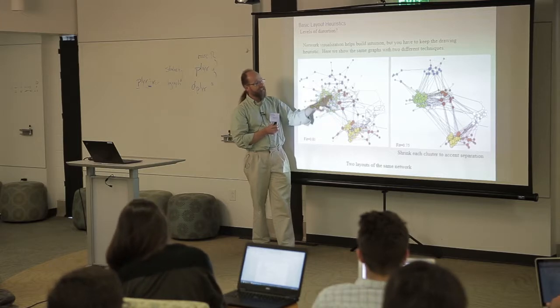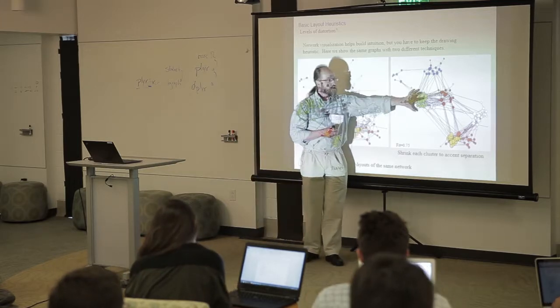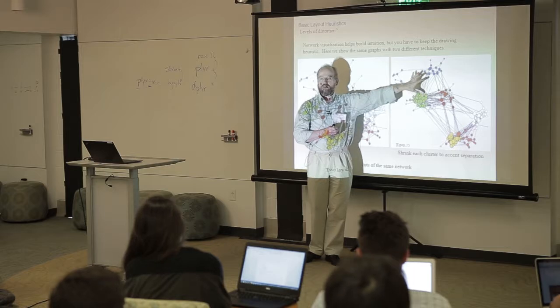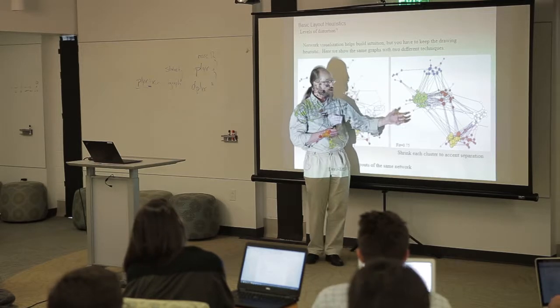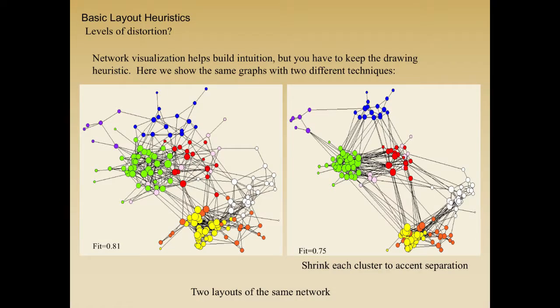And so you might want to highlight the group structure by increasing the weight of within-group ties and weakening the weight of between-group ties. By doing that, I end up with a smaller, tighter-knit group amongst the green, amongst these communities, and you can see this pink group popping out a little better.